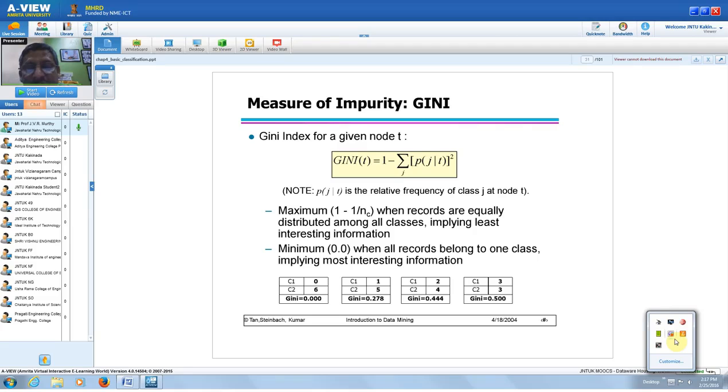observe the second one. You have one element of C1 class and 5 elements of C2 class. Now see the Gini index. For C1 the probability will be 1 by 6, right? And for C2,